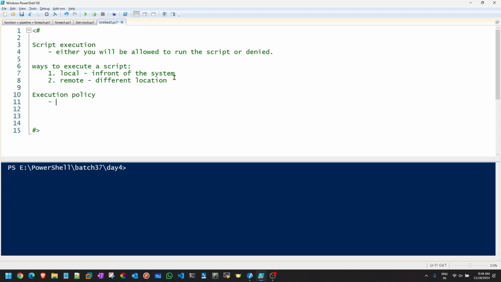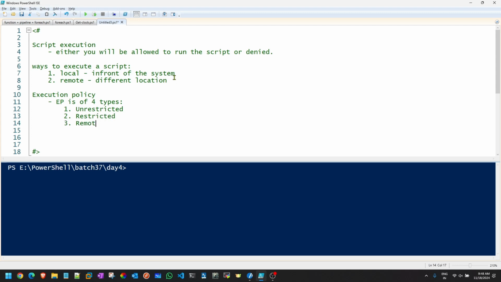Generally, execution policy, I'll write EP, is of four types. Generally, basically there are seven, but four are very much used. Number one is called unrestricted. Number two is called restricted.